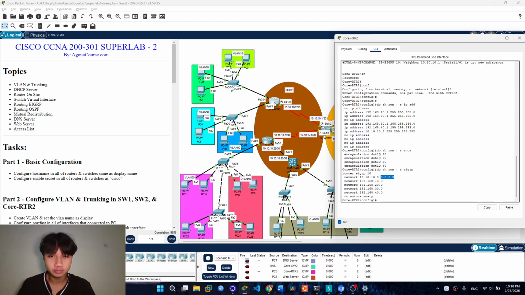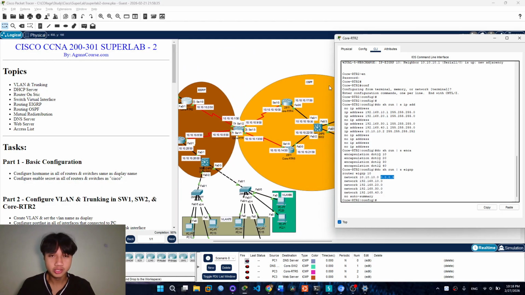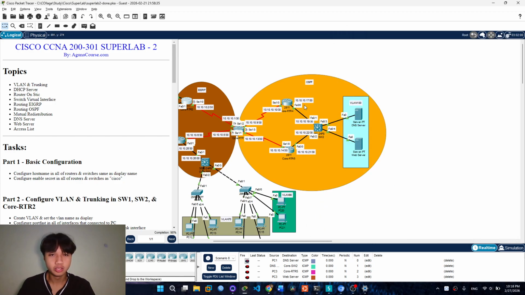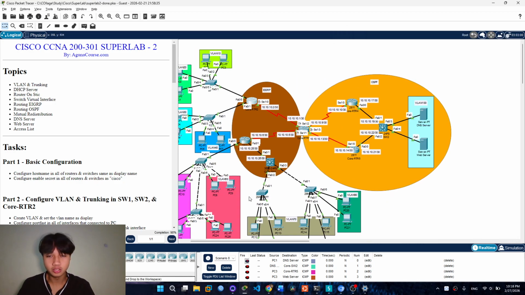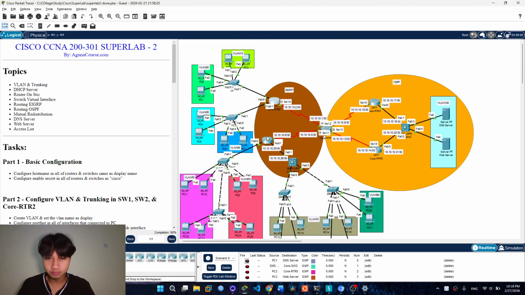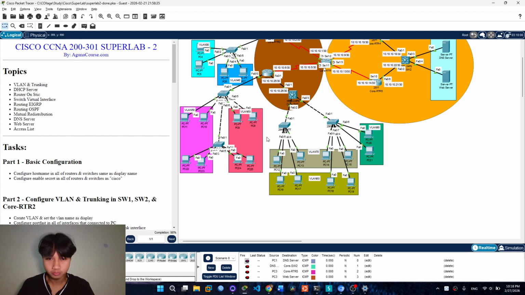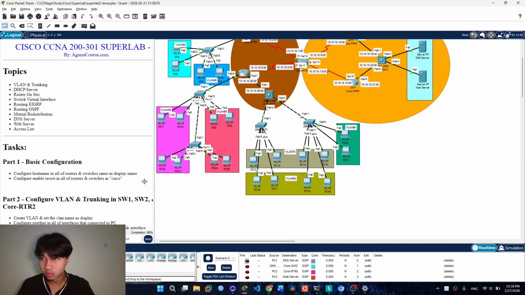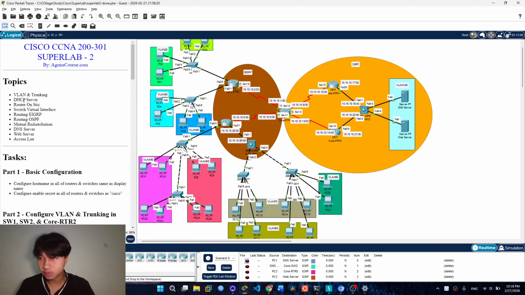We can see this area is the IGRP protocol, and beside the IGRP protocol, we have the OSPF protocol. All right.